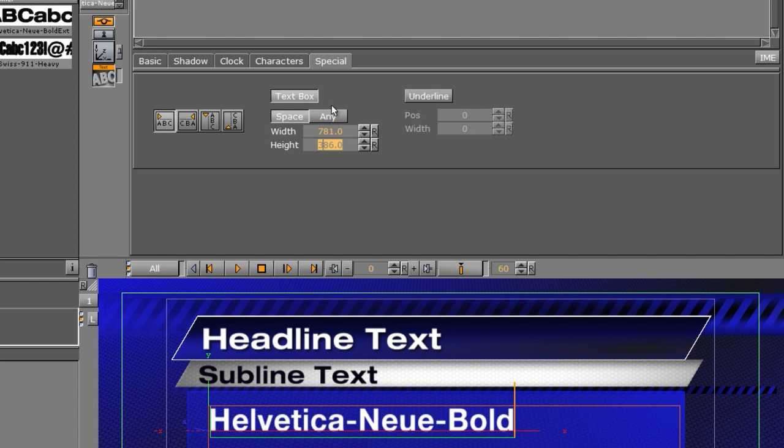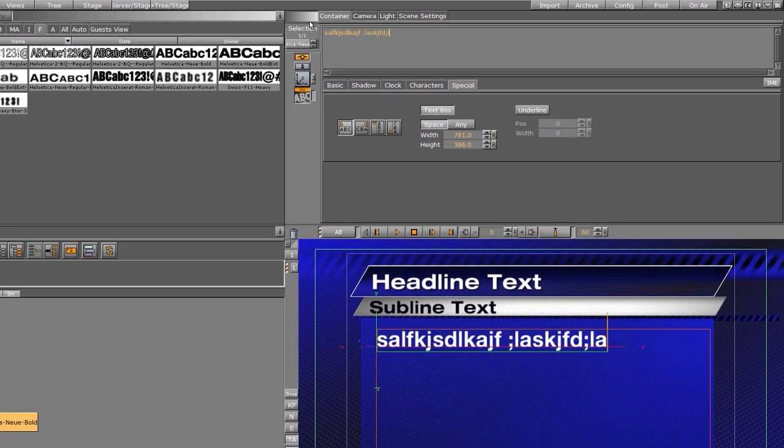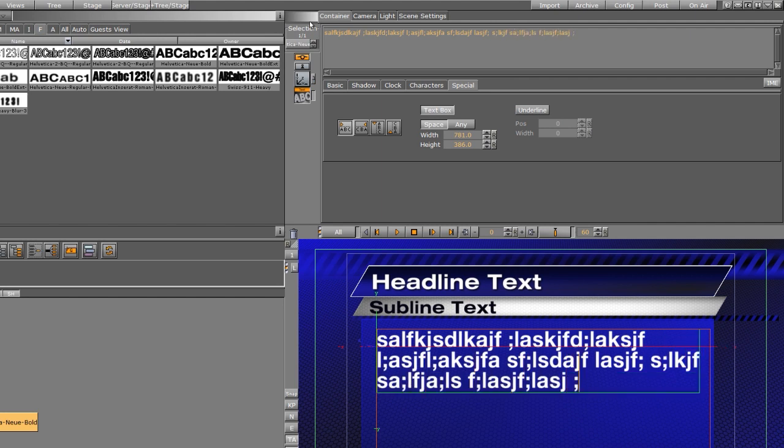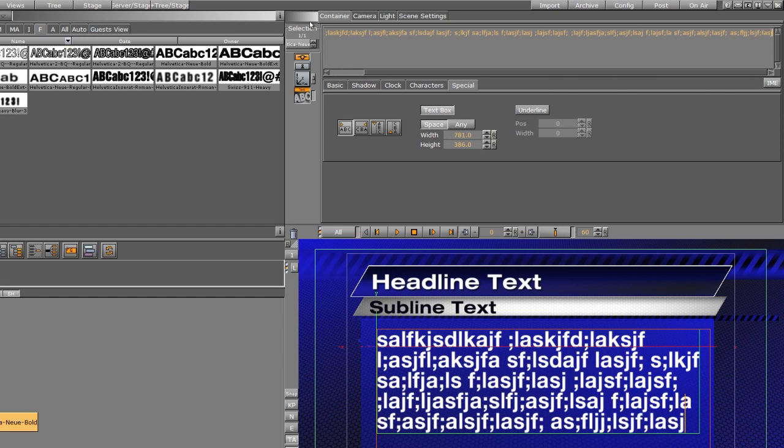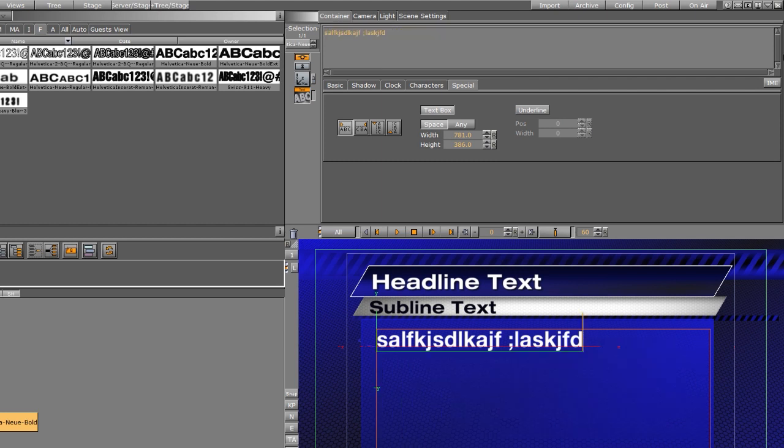We're going to set the space here to space as opposed to any, so that it will wrap on the space. So that when you come in here and you start typing and you put a space anywhere, it's going to automatically fit within this box. So it doesn't matter what you type, it's automatically going to wrap. And again, sizing and everything like that, that's up to you. So for right now, we're just going to keep this as is. We're just going to type full page text